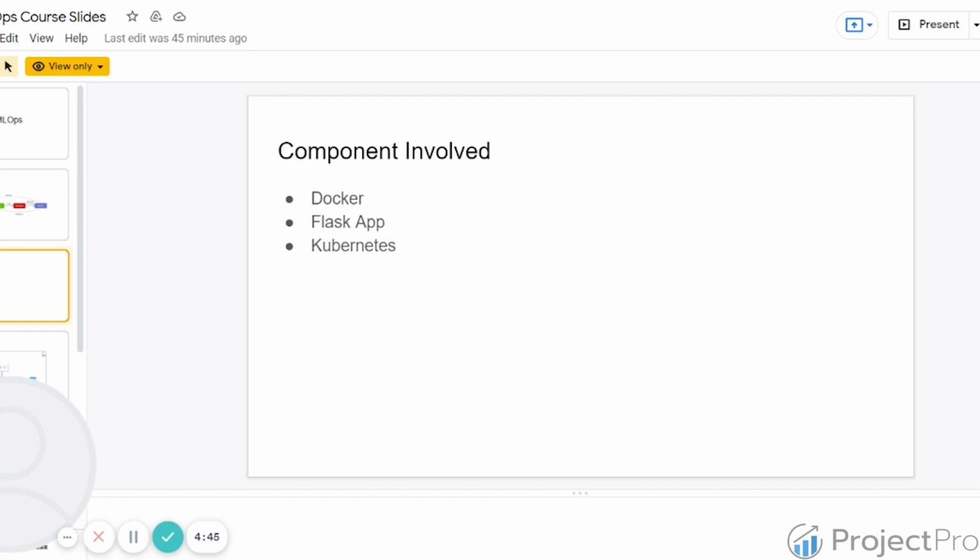That is, you can deploy any Python function, any Python development that you do with Flask APIs. Now the next thing is Kubernetes. Here, what we are using Kubernetes for in this MLOps is to scale the model horizontally as well as vertically. And the very advantage of Kubernetes is to have auto scaling.